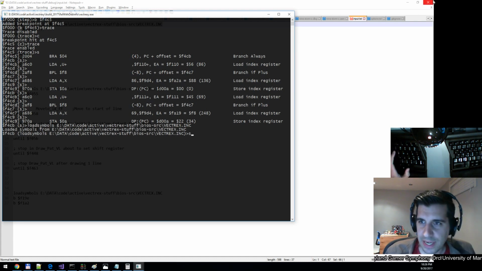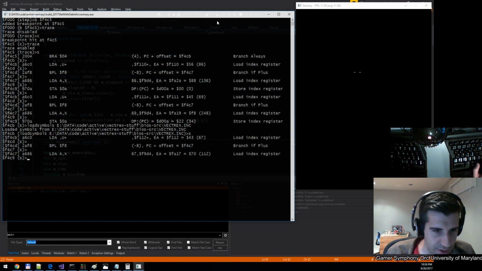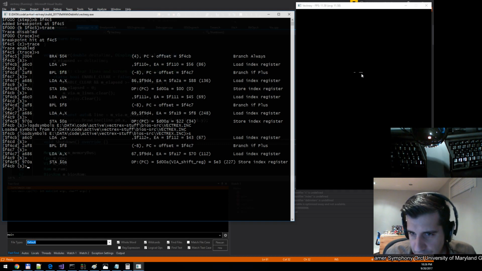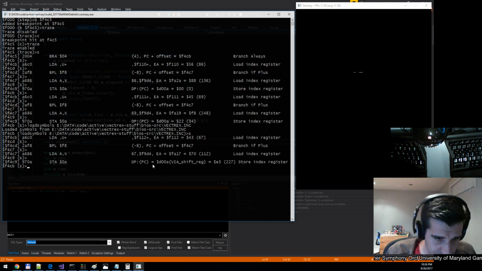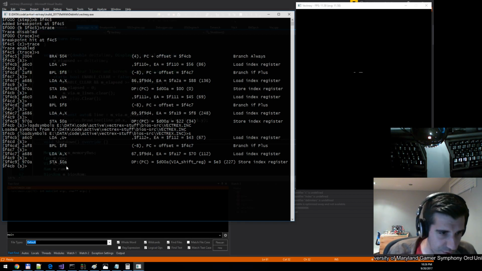And let's do the next bit, and then I'll show, because basically we wrote the pattern. So there, more lines just got drawn. And see here, we did store 0A into the shift register, right? It's the same thing we did up here, just I didn't have the symbols to show that this is the shift register, but it is indeed the shift register. So here we had stored a value into the shift register for the very first character for V, and now we've just stored the next one. So if we keep stepping,